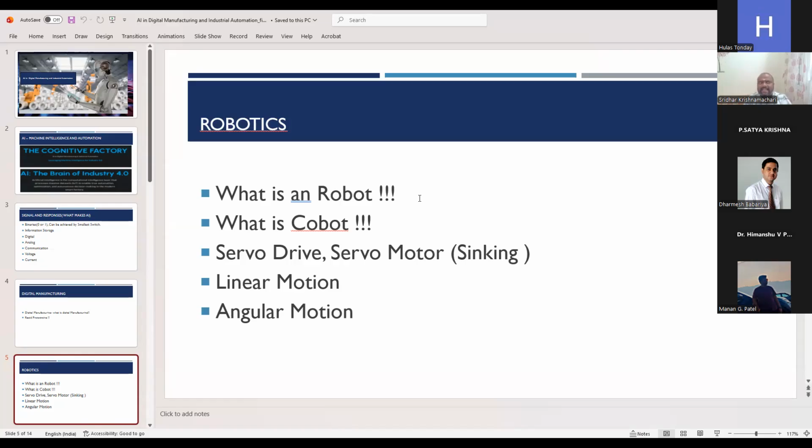For example, let us take one example. I am using one application. I ask you to develop just a pick and place. How many axes do we require? Just for picking and placing from one place to another. We require 3 axes, right?